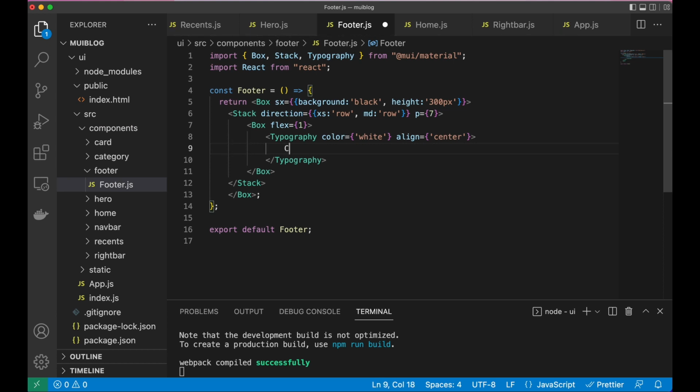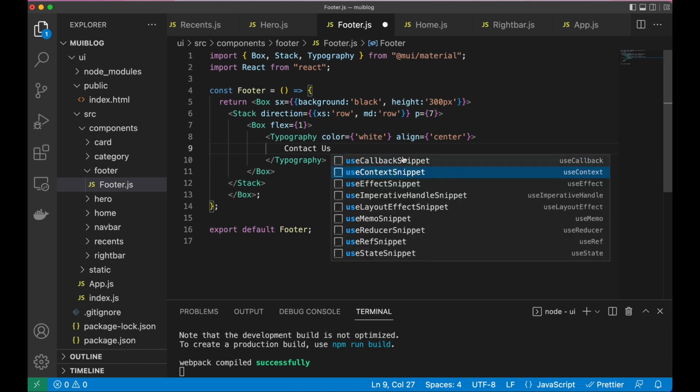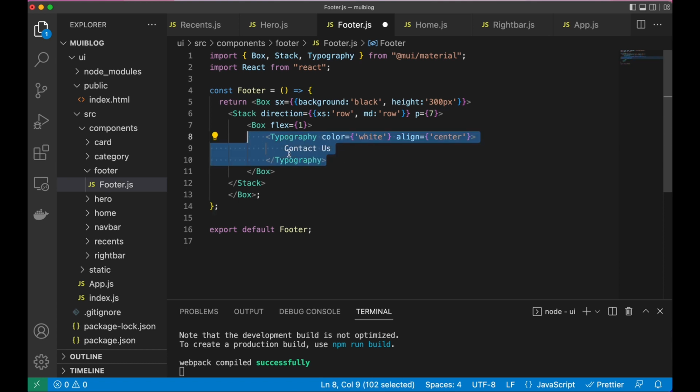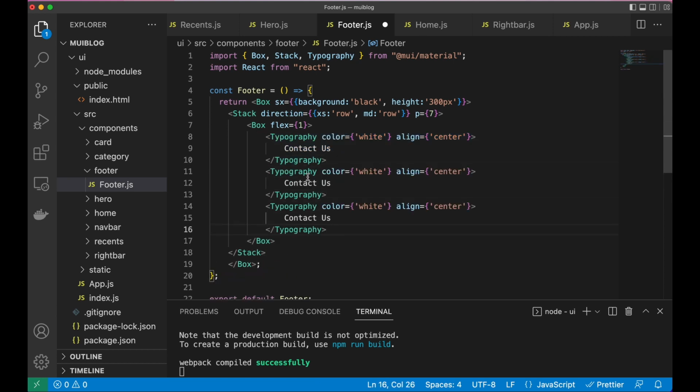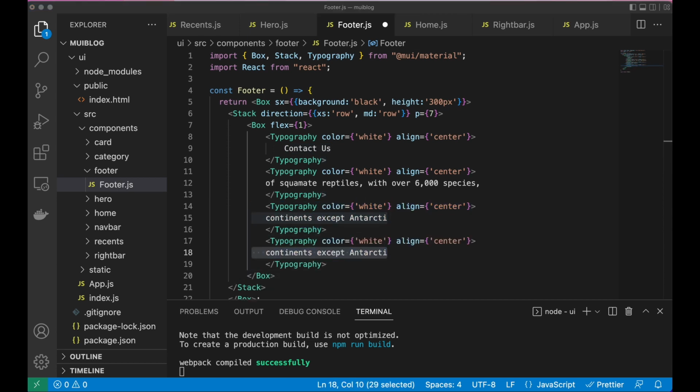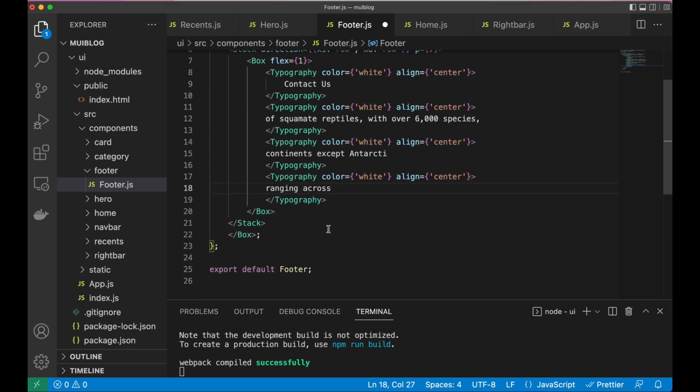Now here I'll type contact us, and let's copy this typography one more time, or even twice. So let's here type some address. Now I'll use some dummy text here. You can type your address inside this, and like this, and let's use once more so it looks like an address. Now here this text, and below this box we'll make another one,